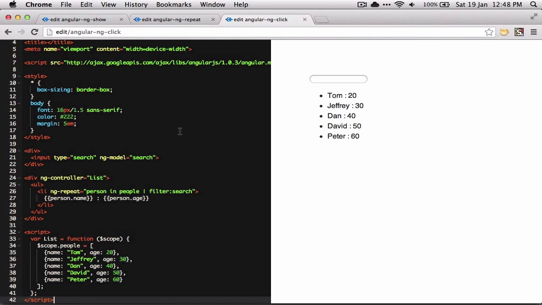In the last video we learned about Angular's ng-repeat directive. In this video we're going to take a look at the ng-click directive and how we can use events to create some really powerful interfaces using Angular. So I have exactly the same code that I had in the ng-repeat example here in front of me, but